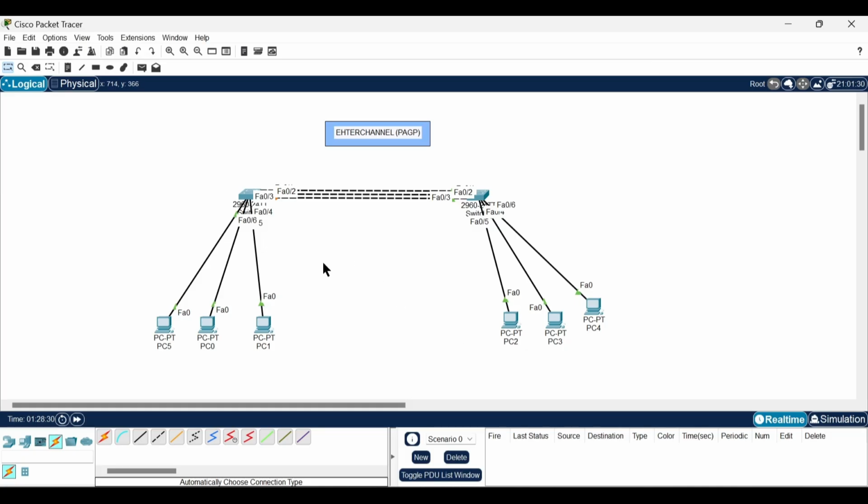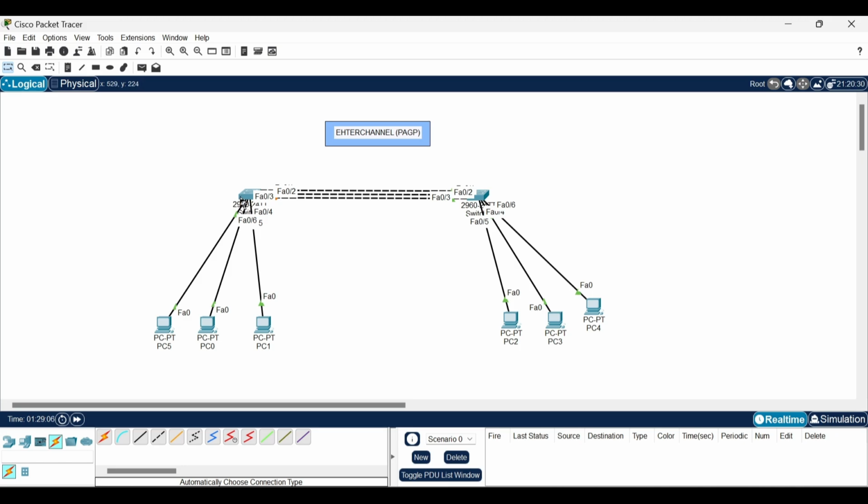So for this tutorial, we are going to be using two switches and 6 computers. Now, in case you're wondering, this is the physical link, the EtherChannel physical link. All these connections here are the physical links. Usually, we always use just one link, but for this tutorial, we are going to be using 3 because we want to combine all these links to serve as one channel. Now, with that being said, guys, let's head over and start our configuration for EtherChannel